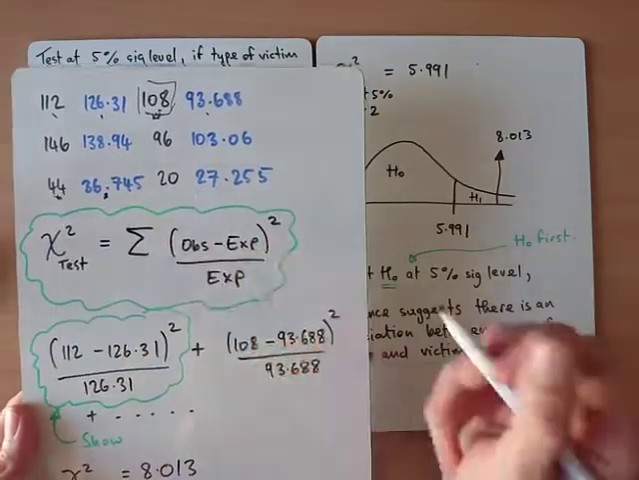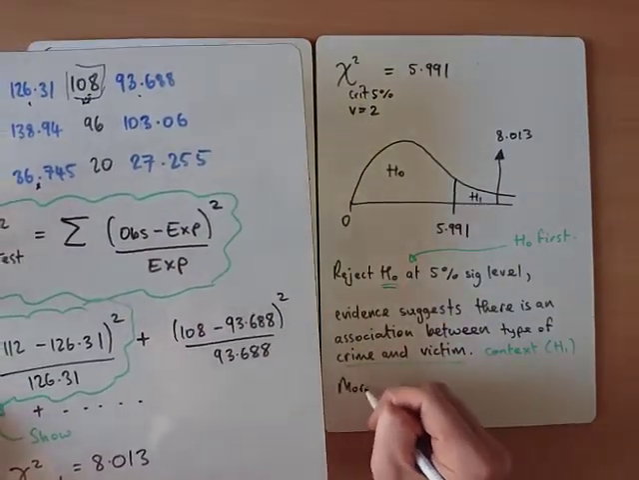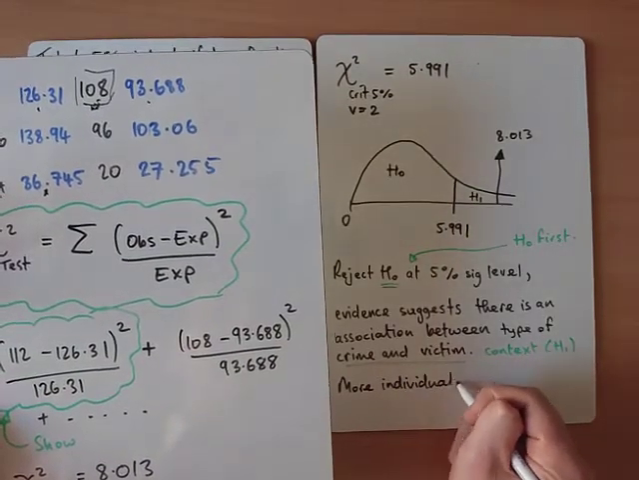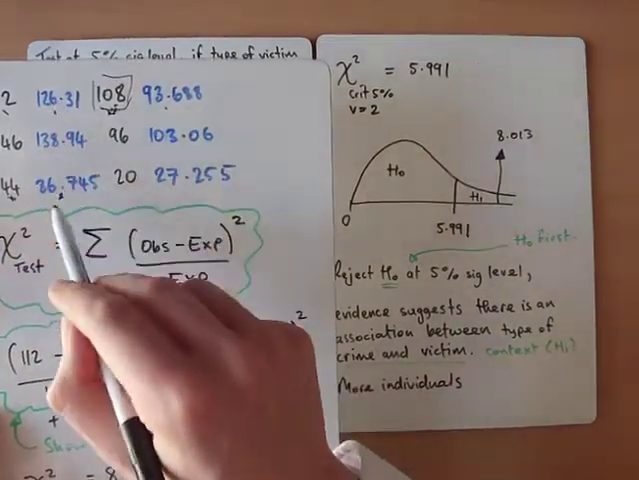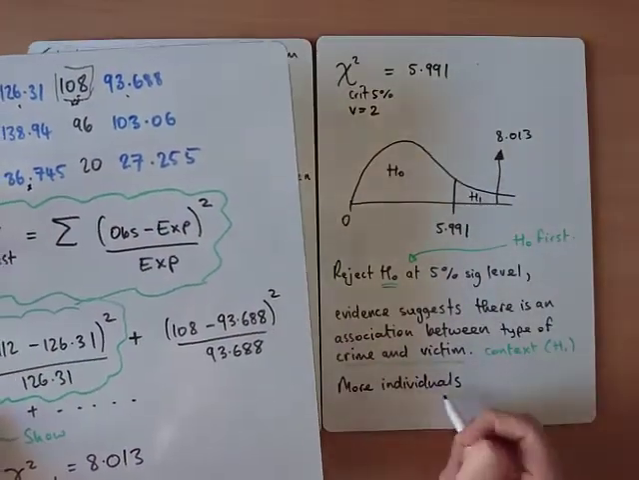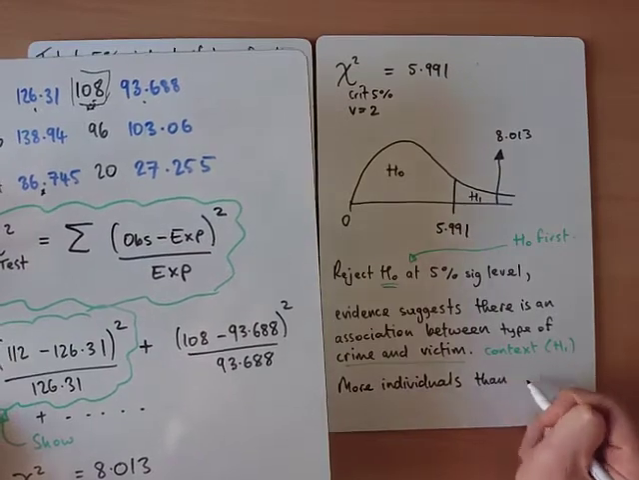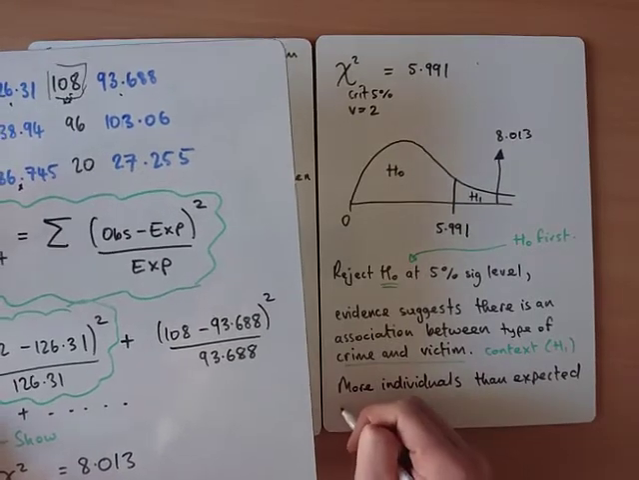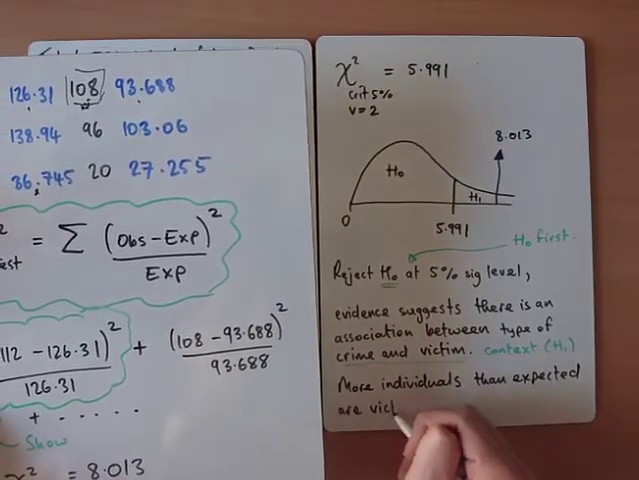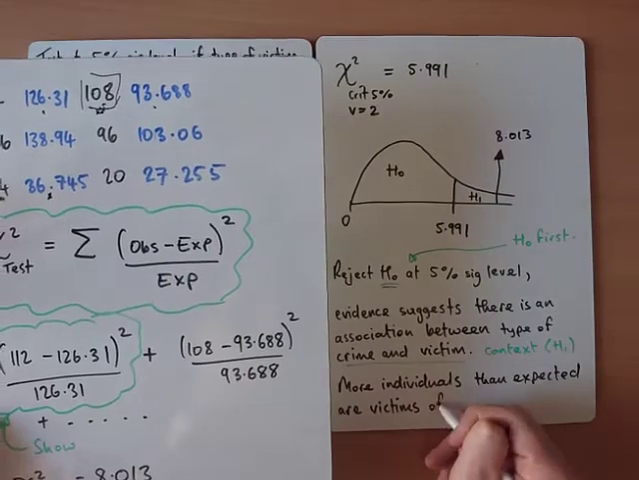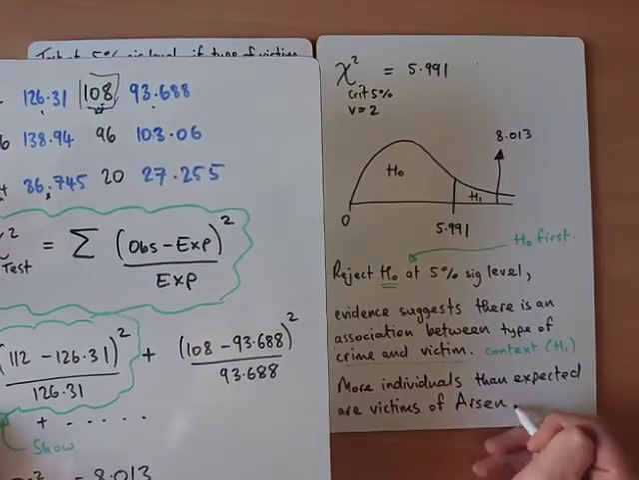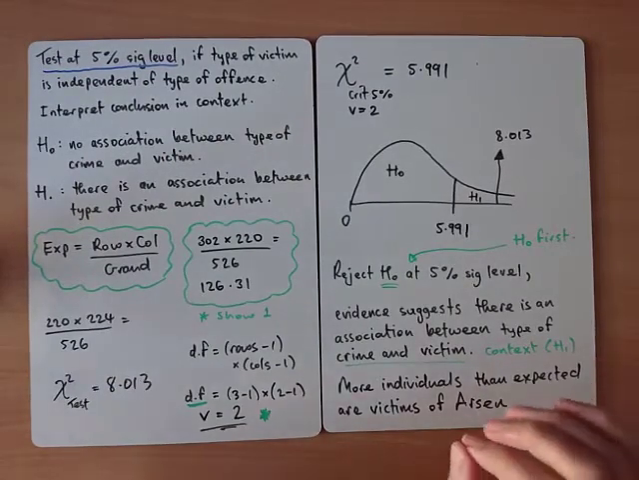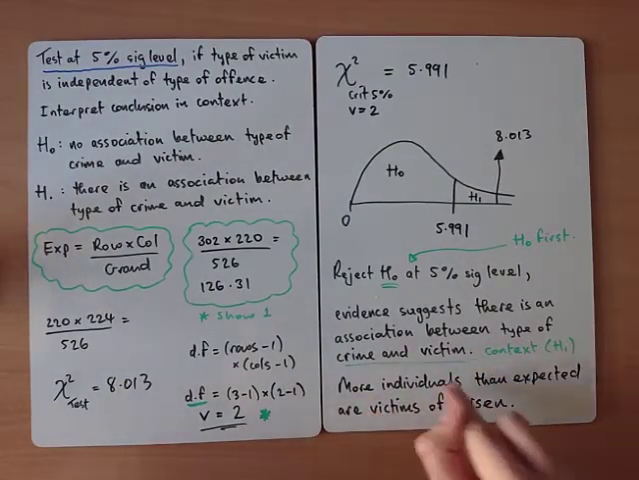So you could say more individuals, because this one was the individuals, this one's the arson. So more individuals than expected are victims of arson. Okay. So to interpret it in context, if we were asked, and you'll see this quite often,